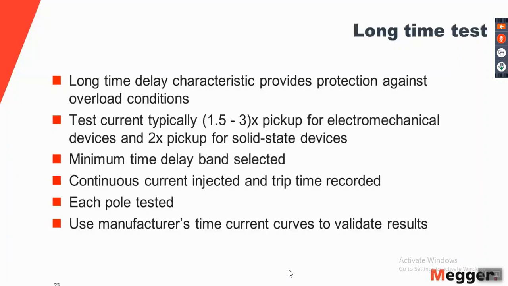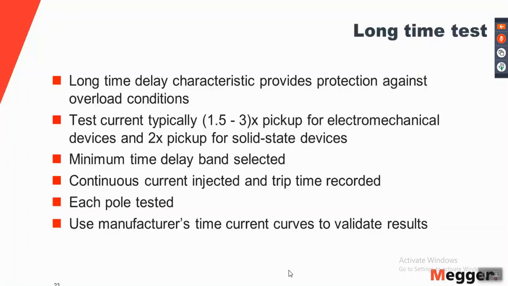The test current typically injected to test the long time delay is set at 1.5 to 3 times the pickup level. The pickup level for the long time test is set pretty close to the rating of the overcurrent device. So the test current is set at 1.5 to 3 times the pickup for electromechanical devices, twice the pickup for solid state devices. The minimum time delay band is selected,